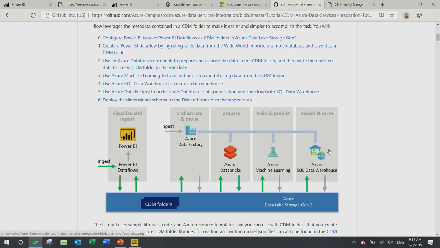And ultimately, in the tutorial, you will create a SQL data warehouse. When you create a data warehouse, it's all about, okay, in what sequence do you load tables? Because of relationships and otherwise, there's probably a certain sequence in which you want to load the data. Well, with the metadata in the CDM folder, that task is also being simplified. It will actually help you with some of these tasks, instead of manually designing all those steps.